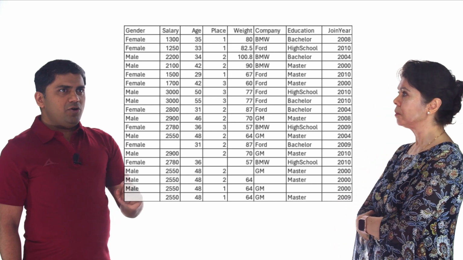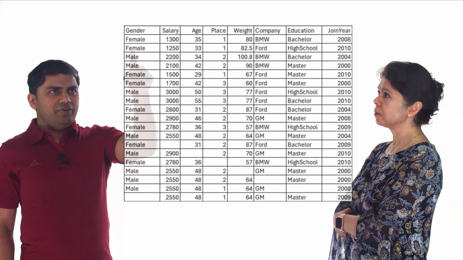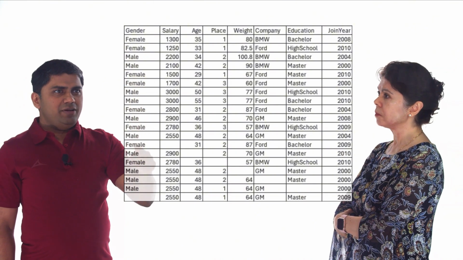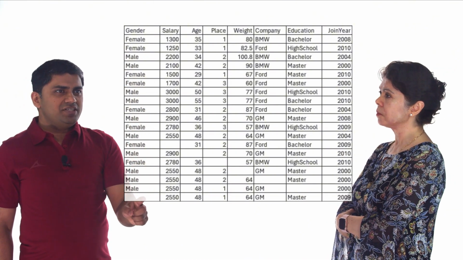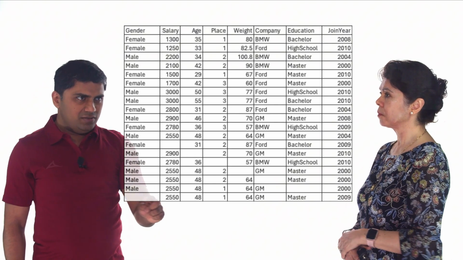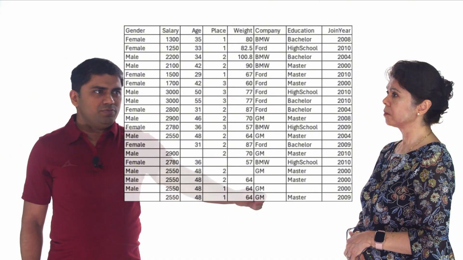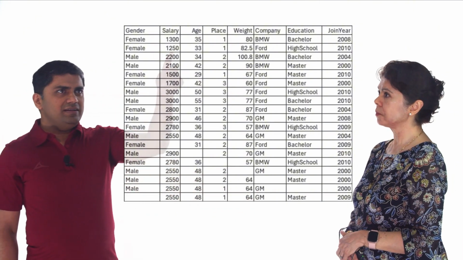Okay, one option, this is gender, a categorical variable. So female, male, female, male, female, male. Okay, there is no inconsistency. I see only missing data. So you have to make an assumption whether this is the salary of a male or female, or you have to drop this row.